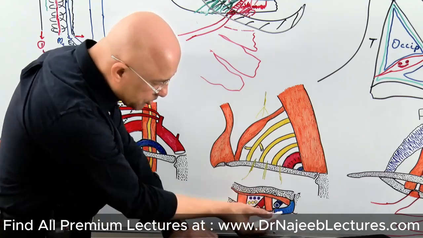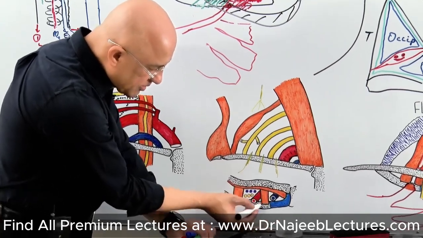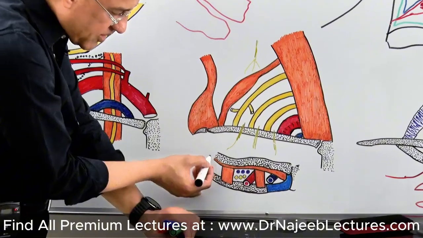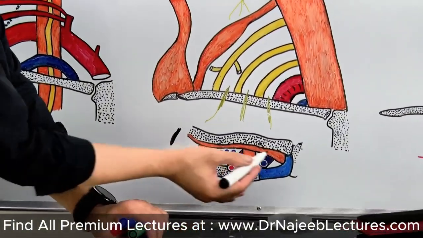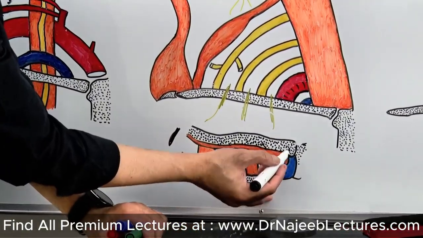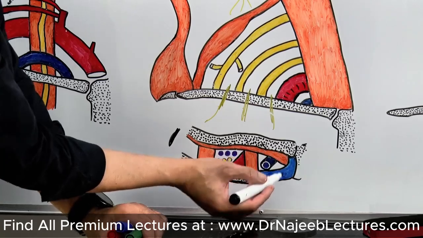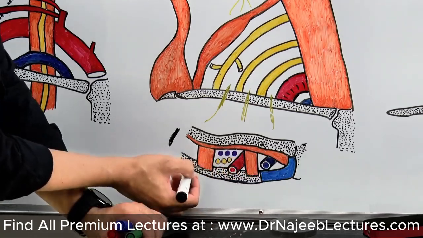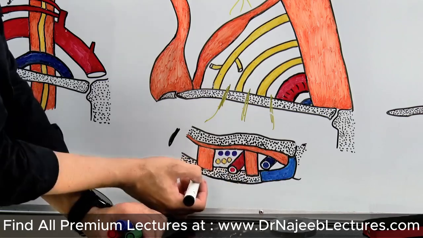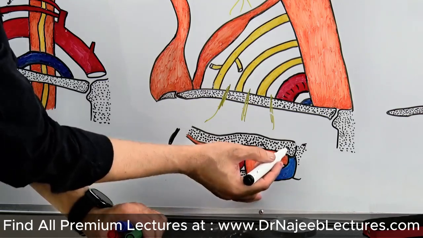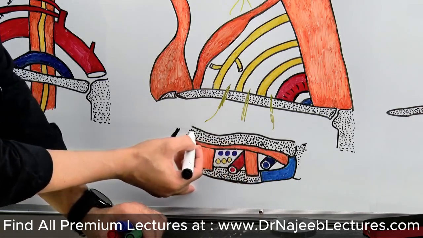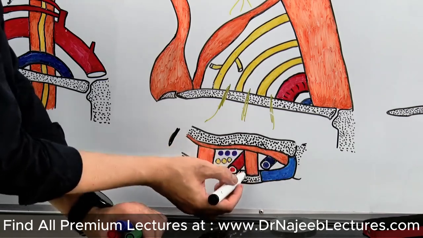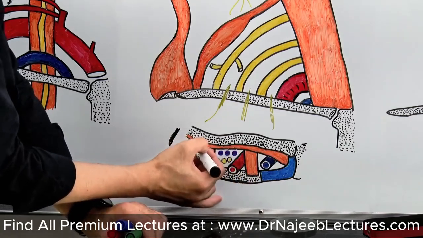On the lateral side we have the clavicle here, and here it is a ligament, we call it the costoclavicular ligament, but below, very important, the first rib, and superiorly, what is this? Part of the clavicle. In between them, this is something like a fish mouth,